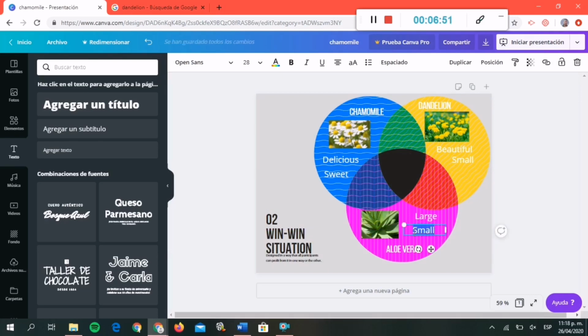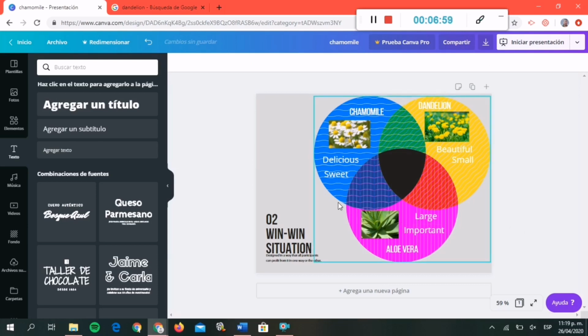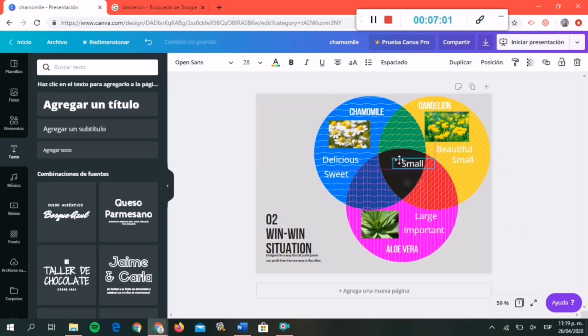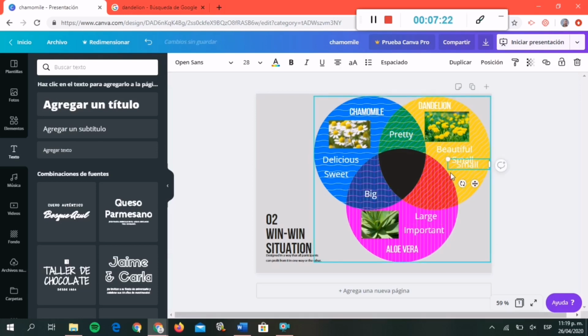we have the descriptions for each image, for each plant, but also we can write information that they have in common. For example, let's try with chamomile and dandelion. For example, they are pretty for me, so there is something that they have in common. So I'm going to write another one for aloe vera and chamomile. For example, they are big. And I'm going to write another one for dandelion and aloe vera. For example, they are, let's say, they are